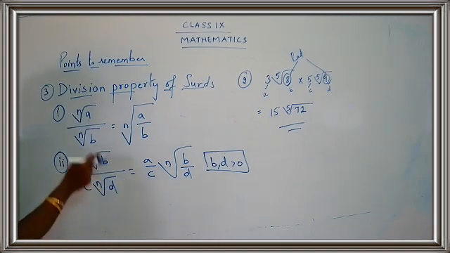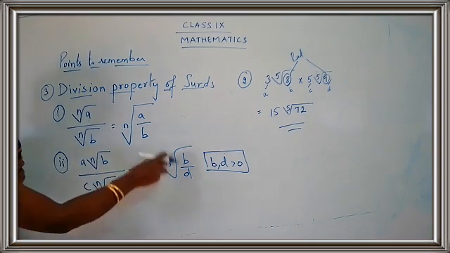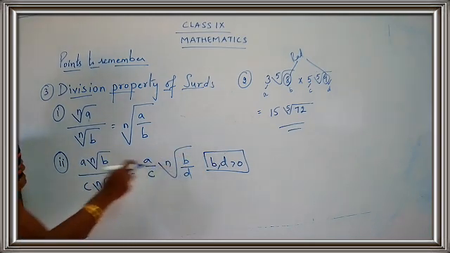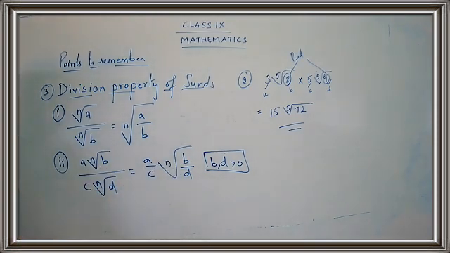Then you have to take a common root. Now here we have different roots. Here we have a root for B separately. You have a root for D separately. You should take a common root for B upon D. That is the radicand. Take the common root for the radicand.